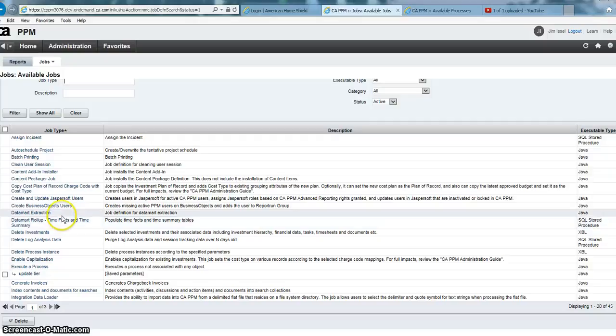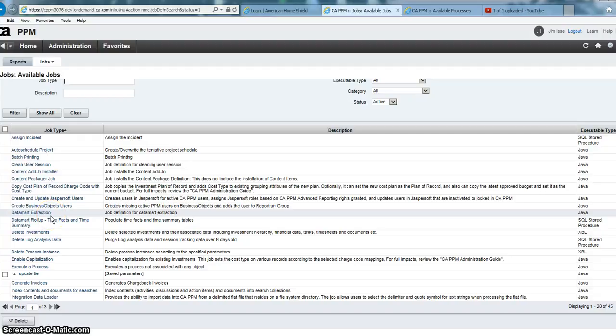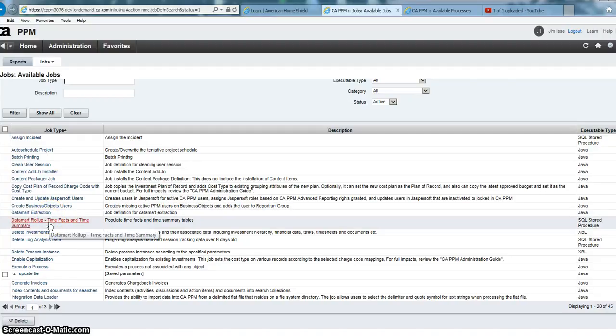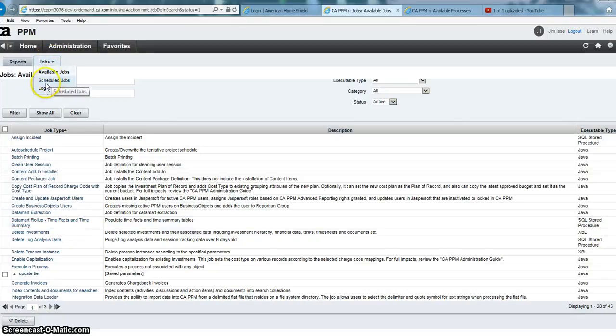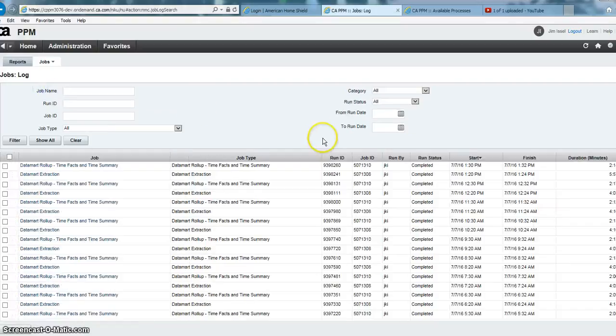So these two jobs should be done in succession, do the extraction, then do the roll-up on a frequent basis. And indeed, we have them scheduled. If I go up here to the Jobs tab and look at scheduled jobs, or I look at the log, I should be able to see that I've got, this is in alphabetical order, but let me go to the log. Should be able to see data mart extraction and roll up is occurring regularly,